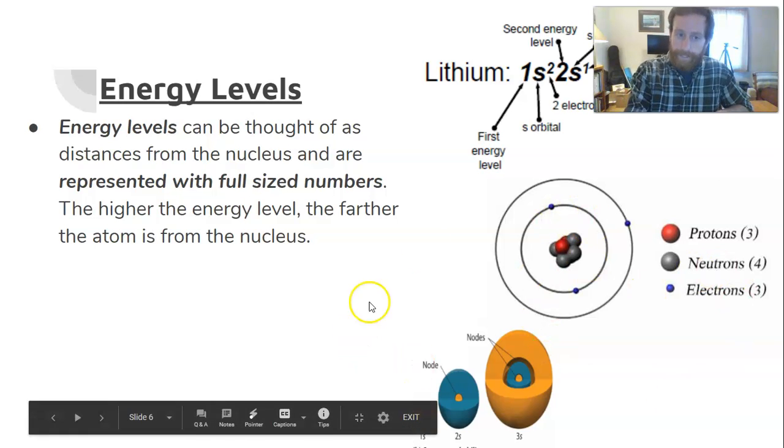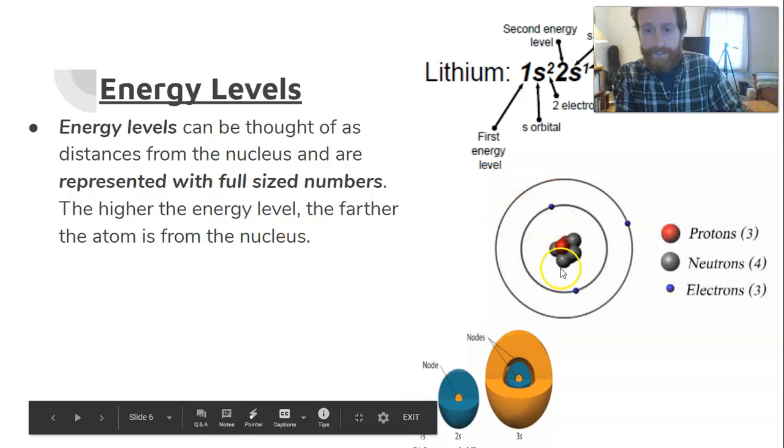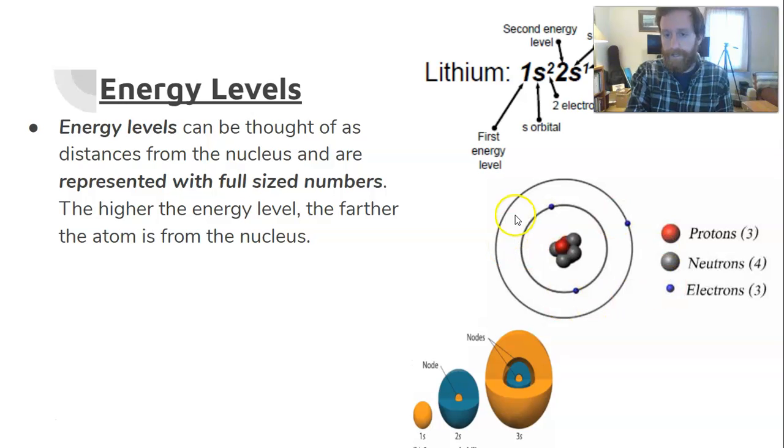So hopefully this concept of energy levels is familiar from that. You can see here in this Bohr model of the atom, we have a lithium atom again. I know that because it's got 3 protons. It's also got 3 electrons. And what you can see is this first energy level closest to the nucleus has 2 electrons in it. And then in the second energy level, we have 1 electron, which is just like what the electron configuration tells